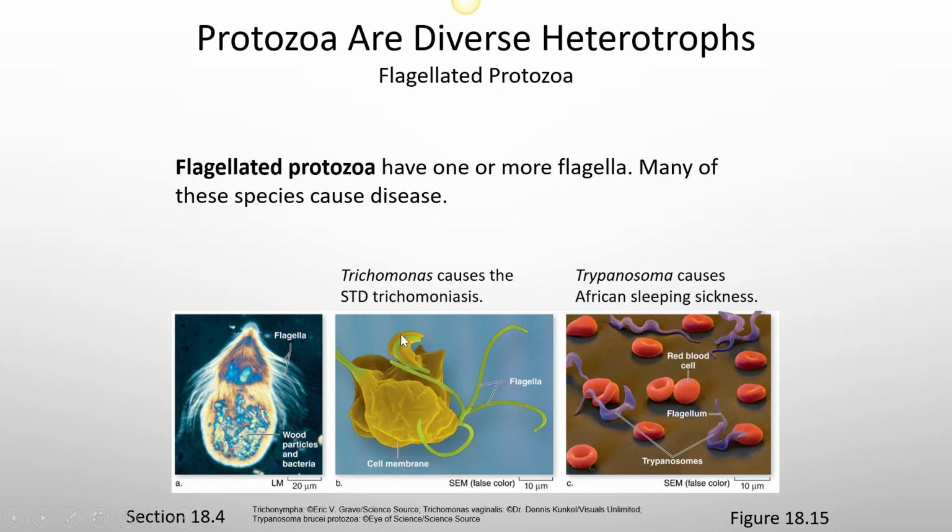So this is a picture of Trichomonas. Trichomonas vaginalis causes trichomoniasis. This is one of the biggest causes of STDs in the world. So it's very common as an STD, and it's got these little flagella on it and it can swim and move around. Usually when you see them under a microscope from a vaginal sample, they're spinning around in circles, and that one can cause a lot of irritation and that type of stuff. So Trichomonas is one of them.